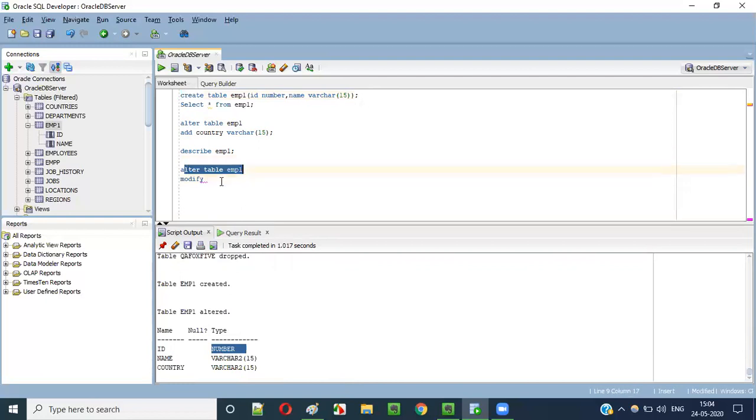I have to say alter table emp1, modify which column? ID column. Okay, modify ID, and how to modify the ID, to which data type? Instead of number, I would like to modify that to varchar data type. So varchar of some 10, let's say. Okay, I'll just like to modify. If I run this,